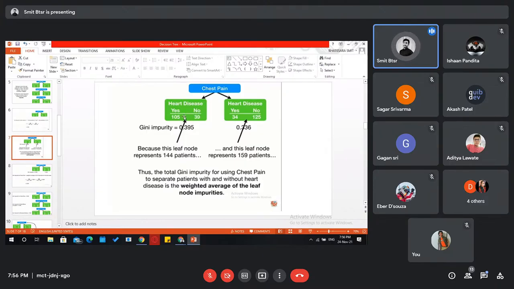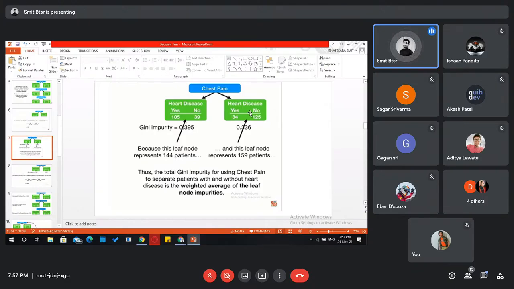This impurity is related specifically to when there is chest pain. After there is chest pain, how much is the purity or impurity of heart disease? And this figure is relating to there is chest pain, and then what is the relationship of heart disease? So there are two sub relationships. I hope you understand this, or should I repeat? This is after there is chest pain, and there is no chest pain, and then the relationship of heart disease.